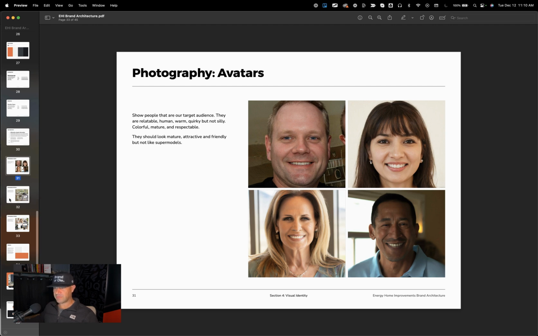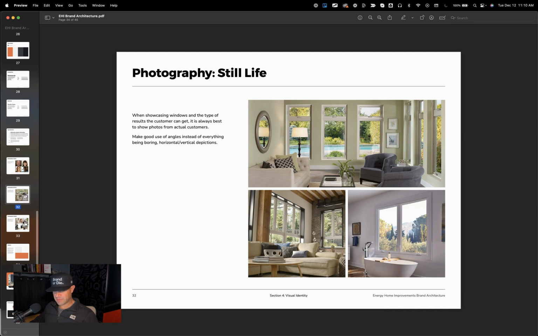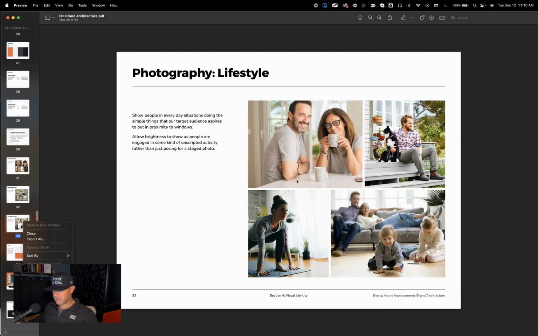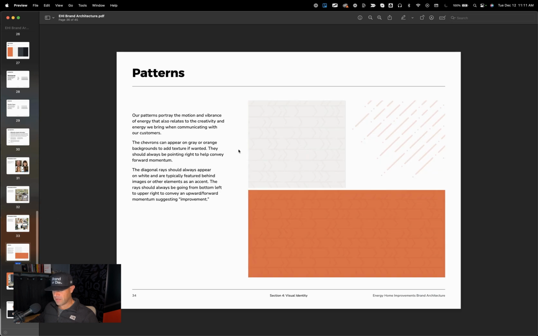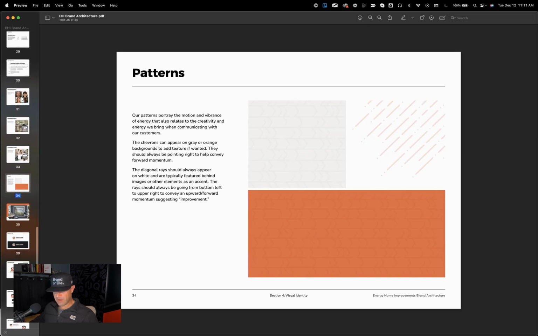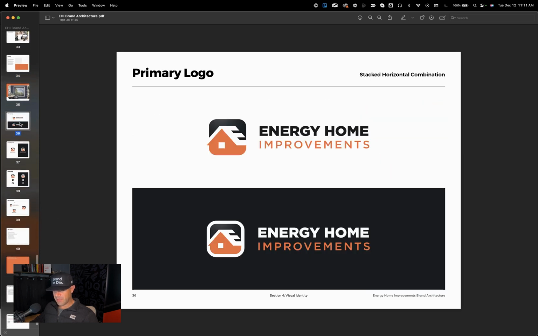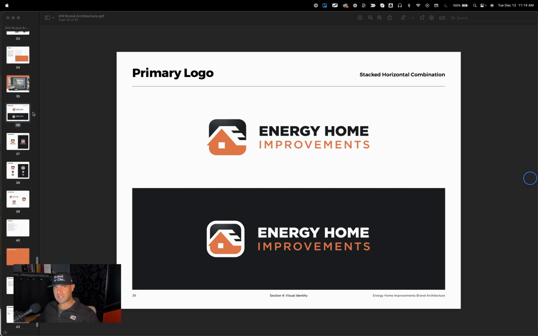If we're going to be using photography of individuals, just some guidance on what they should look like, the different types of photography, lifestyle, how we want to convey the windows with people living their lives, casual shots and photos. And then we have our patterns, some of these little graphical patterns that we use. And then we have some breakdowns of the logo. Now the logo is the last portion that we're going to look at, but I'm going to switch over to